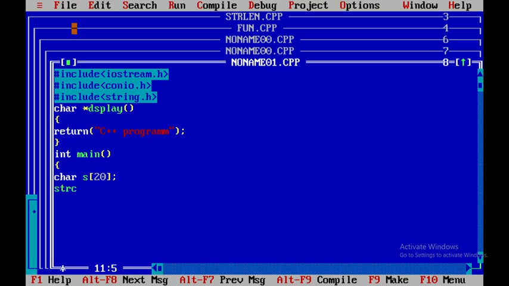and here strcpy, string copy, I am going to use. And the values I have defined within the display function should be copied to the variable ys. And here cout, welcome to learn enough